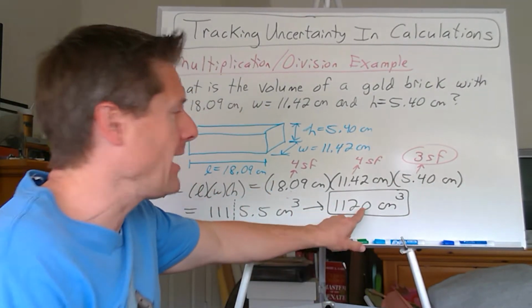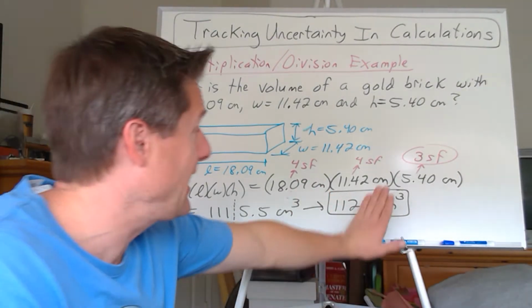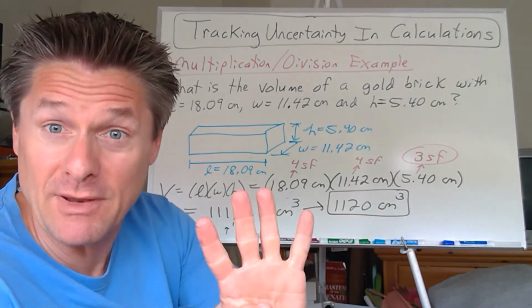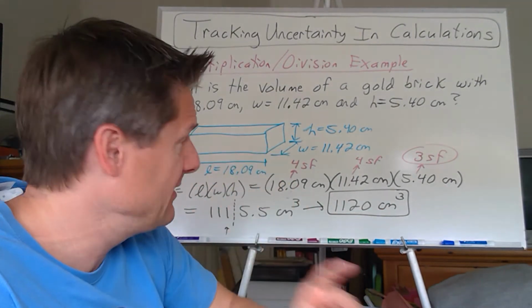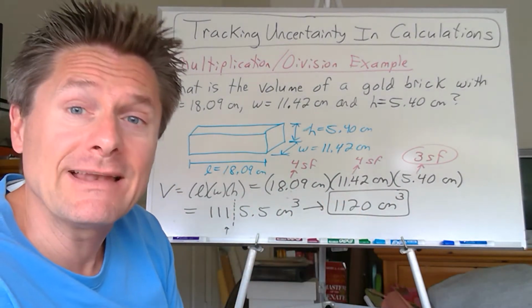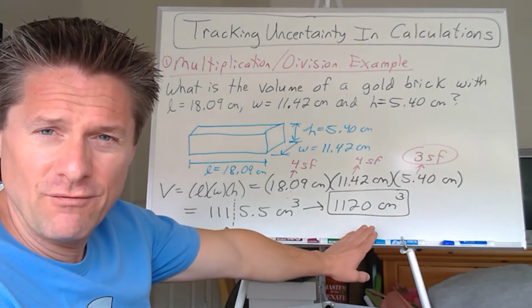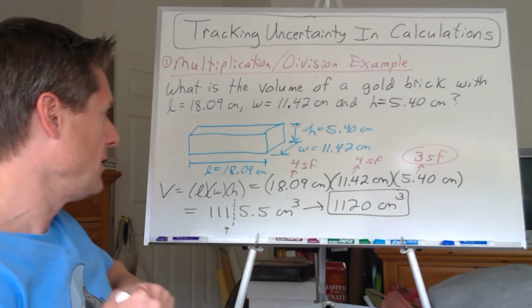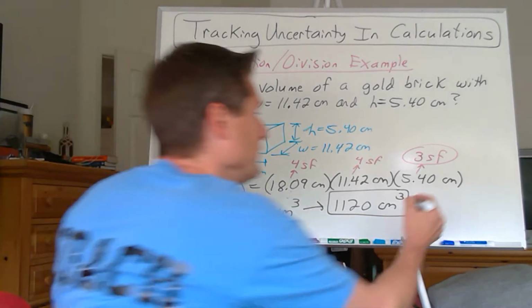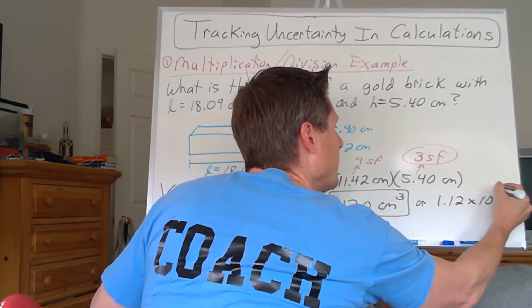And I need that non-significant zero there without a decimal to maintain the magnitude. You can't round it to 112, that wouldn't make sense. You can't put a decimal point there because that would give it 4 significant figures. You need 3 sig figs. So that's why we have trailing zeros without decimal places to adjust the magnitude, but keep the uncertainty. If that is weird for you, just put it in scientific notation. So I could have just gone, let's see, 1, 2, 3 over. So you could have gone 1.12 times 10 to the third